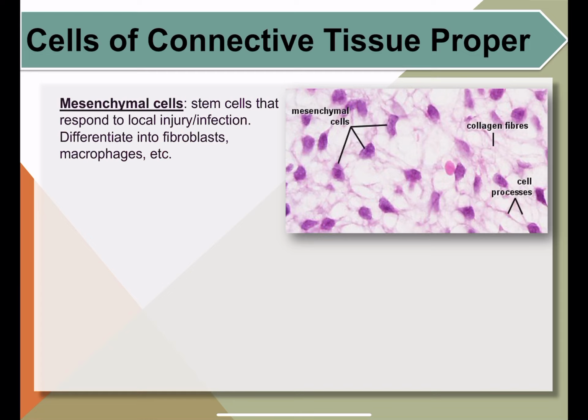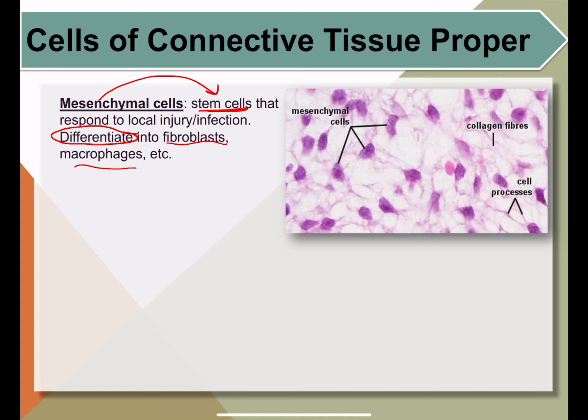After adipocytes, we have what's called mesenchymal cells. Mesenchymal cells sounds cool. I always thought it was a cool pronunciation, but mesenchymal cells are basically stem cells that have the ability to differentiate. Differentiate means when a stem cell becomes a specific type of cell. That's what differentiation means. So stem cells can differentiate into different types of specialized cells, such as fibroblasts, macrophages, depending